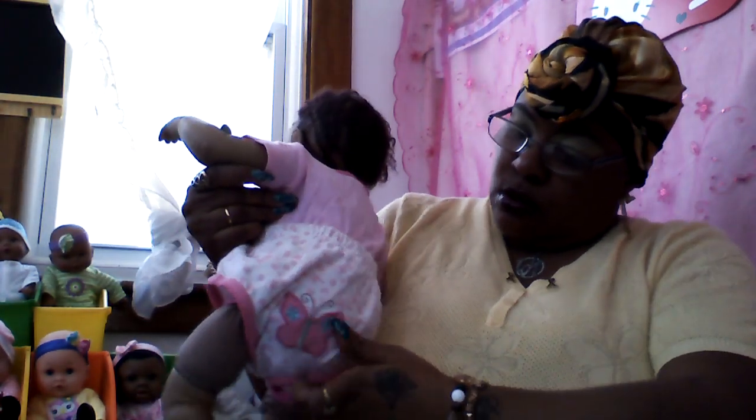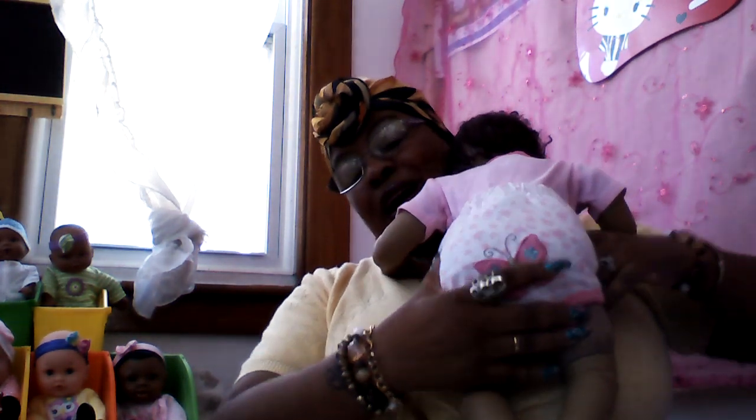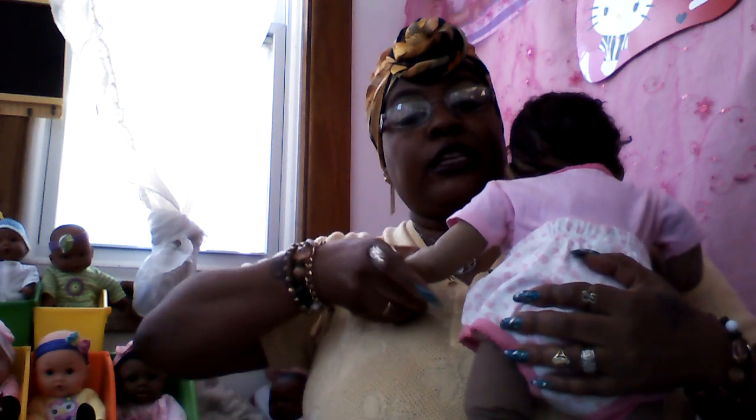We're steady talking, and I don't know if that's supposed to go in the back or the front. Well, that'll be cute in the back, so that when I hold her like this, I can keep this on her, being as though it's summertime. She has on a onesie, and her arms and stuff are flexible. You can put them down, you can put them up, you can bend her legs. See, she's flexible. So I love that. That's just cute. I just think that is so adorable. Like, I love her. So anyway,